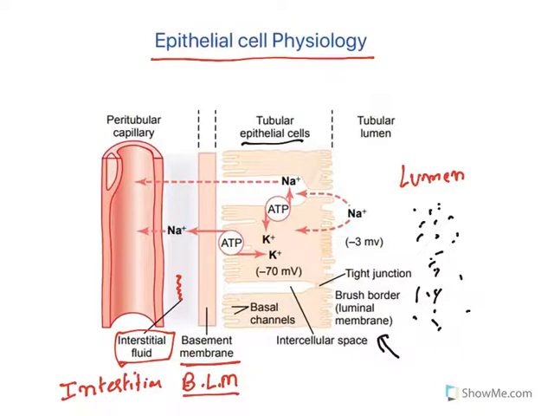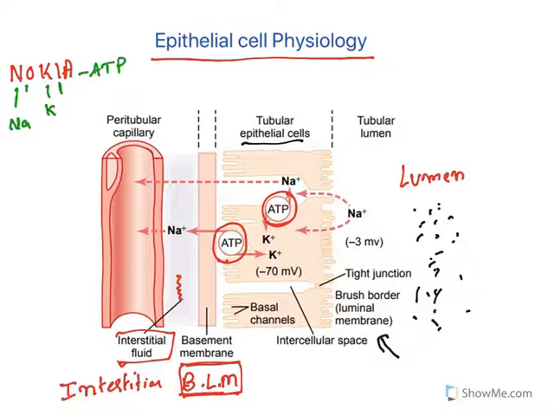Now what you need to understand is, in the entire tubular region, all the epithelial cells contain a sodium-potassium pump at the basolateral membrane side. That means towards the body side there is a sodium-potassium pump. The job I have explained already. The mnemonic is NOKIA. That means sodium goes out, whereas potassium comes inside by using ATP. Three sodium go out of the cell, and 2 potassium come inside the cell by using 1 ATP.